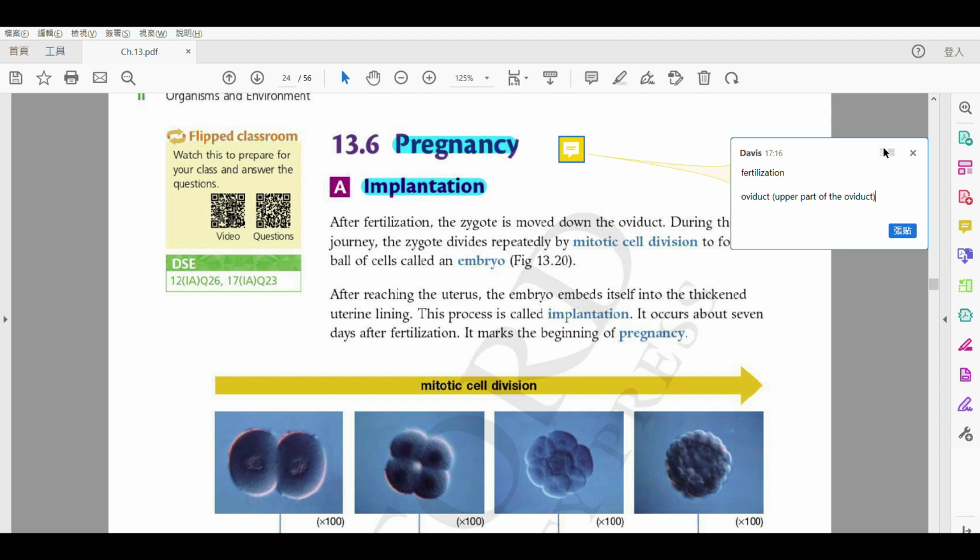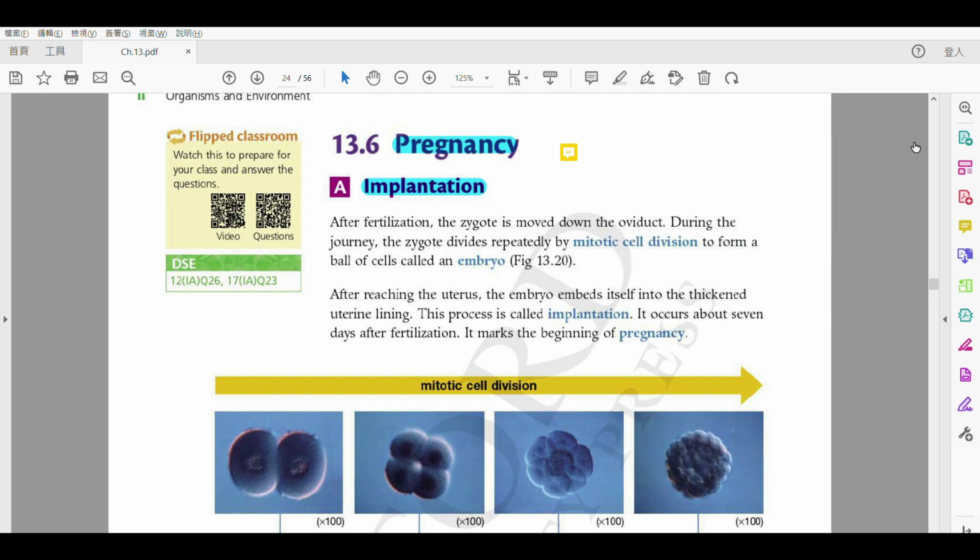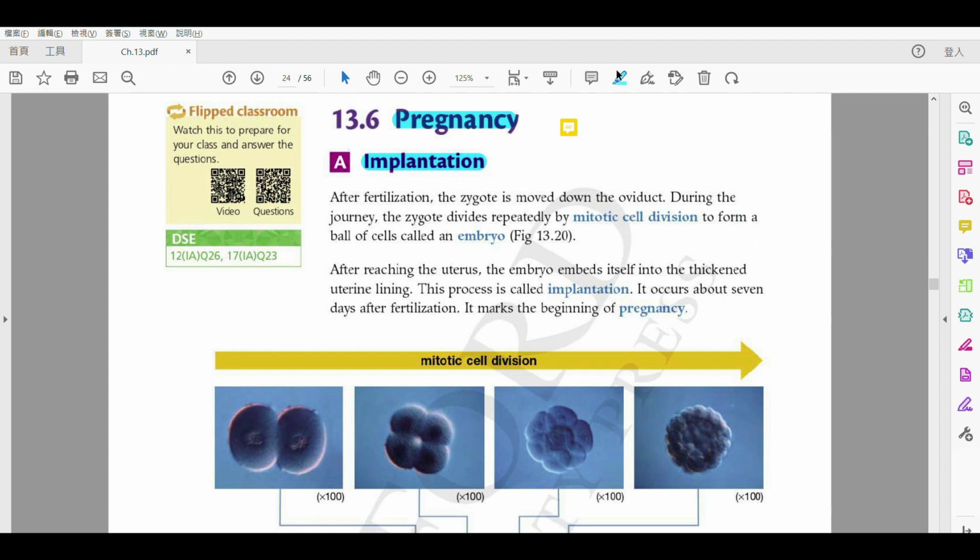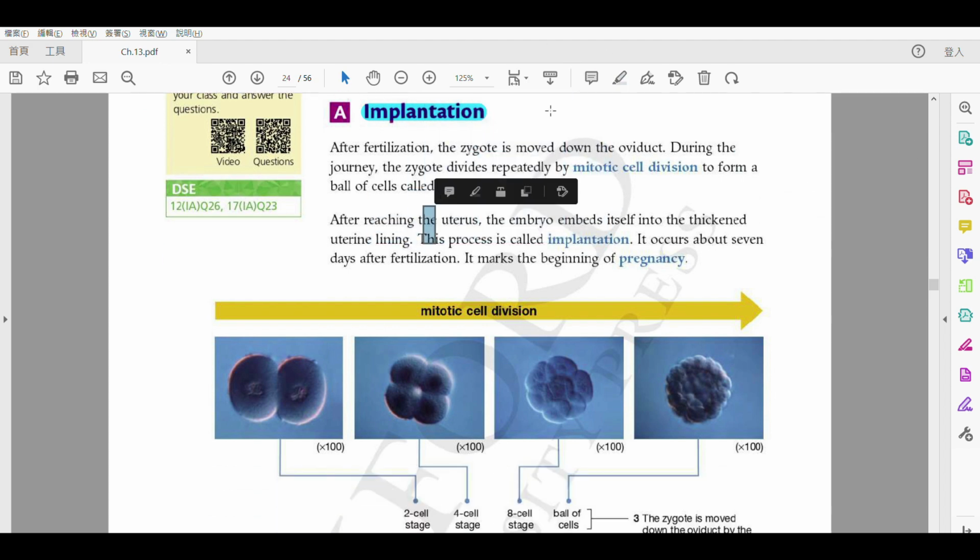And then, it will keep on moving, right? The zygote will carry out, 就會進行啲乜嘢啊？It will carry out 呢一個嘅 mitosis, and then it will become an embryo. The embryo will keep on moving down, 繼續向出咁樣行嘅。It will keep on moving down to the uterus, and when it moves to the uterine lining, 當佢去到呢個 uterine lining 嗰陣時，佢就會去做到一樣嘢啦。It will carry out the implantation. 就會進行一個嘅 implantation 啦。